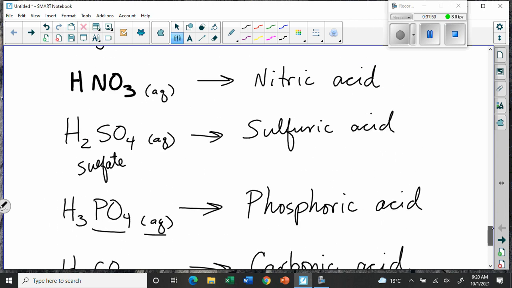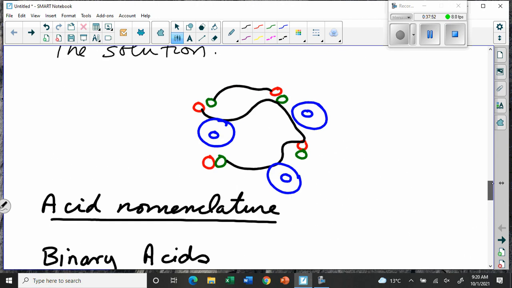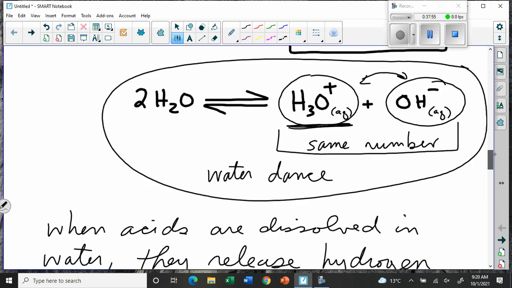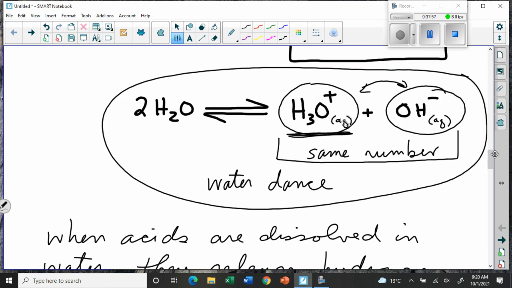But it's more important, I guess, or equally important, to understand this little dance of water, the water dance. This, remember, is pure water. It just does this dance back and forth, back and forth. The molecules keep popping into two and then breaking up and popping together, and it's just a big jumble. But when you put an acid into the water, the acid also puts H's in there, which causes this H3O hydronium to build up in excess and creates what we call an acidic solution.